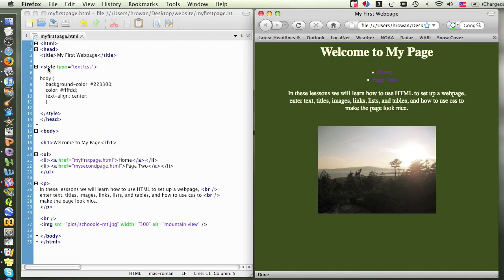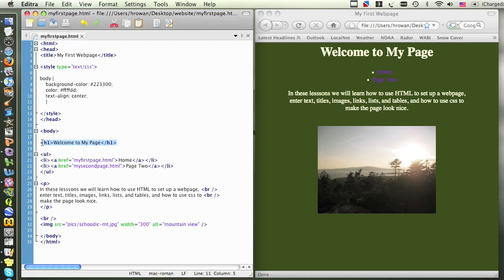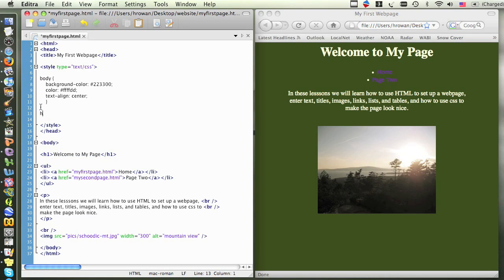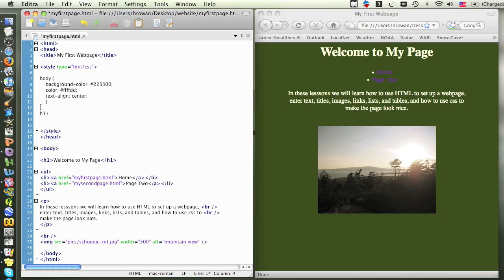But what if I wanted to change the font color and the font style of just the header? I would do this by setting up properties for H1, since that is the element that contains my header. So I will type H1 and an opening curly bracket, and then I can type in the individual properties. First, I'll change the color of the H1,